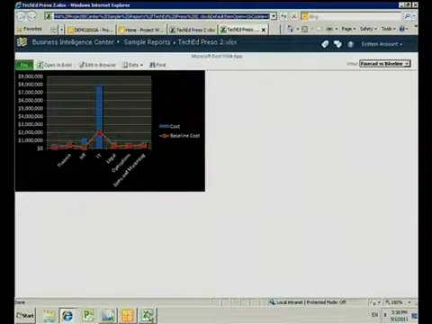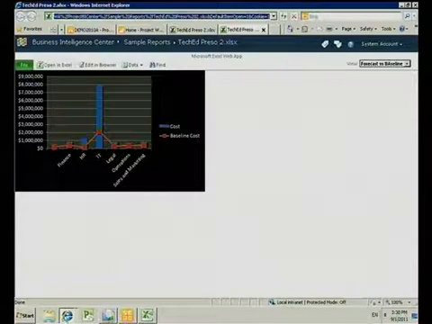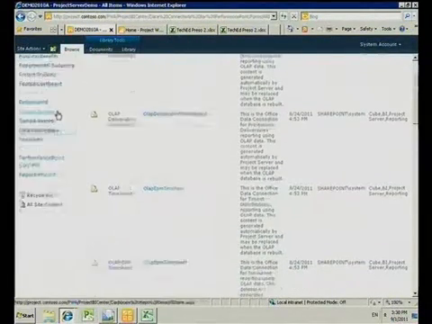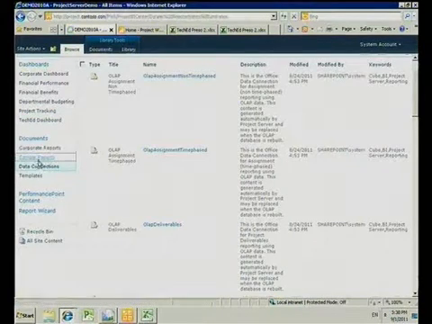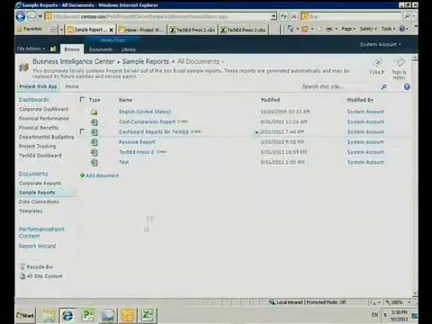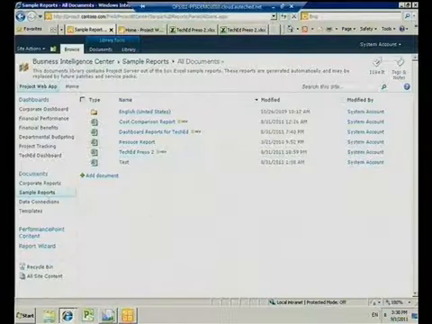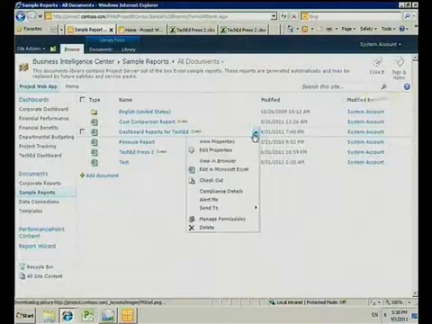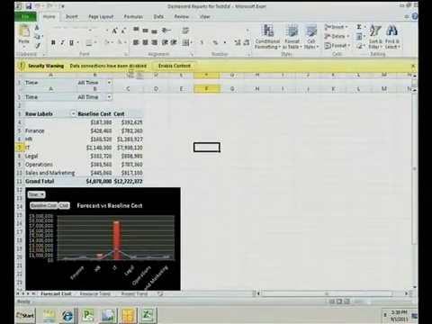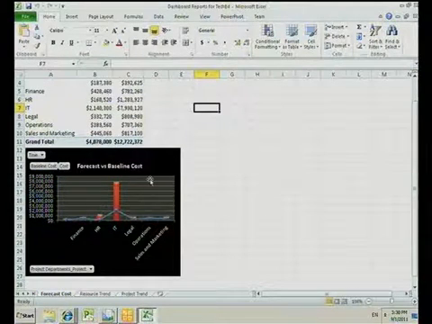Now, I have created one a little bit earlier, simply because we don't have that much time. So I'm just going to open that up. I'll go into my demo image, I go into my sample reports, and I'm going to open up my dashboard reports for the TechEd. Before I do that, so that there's no confusion, I'm going to close that Excel spreadsheet. So once I have this open, as you can see, this is essentially the report